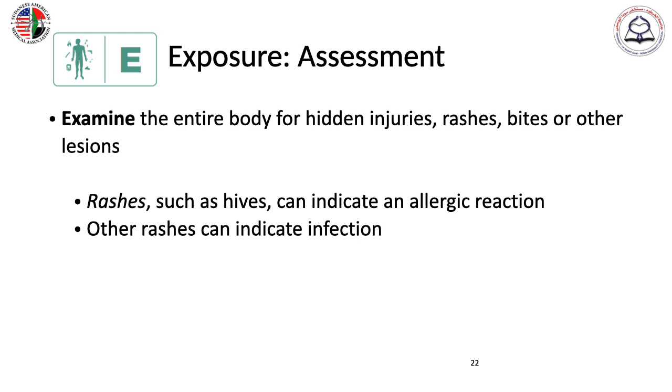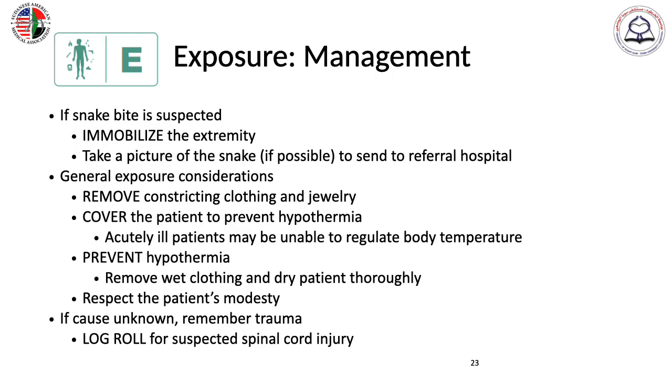Step 5, after you assess and manage airway, breathing, circulation, and you look for disability, then you have to expose the patient. Examine the entire body for hidden injury, rashes, bites, or other lesion. You can see a rash for allergic reaction, especially if it is associated with lip and tongue swelling. It could be anaphylaxis, but patient could have just a hive and allergic rash. Some people with sepsis, like meningococcal sepsis, they can have disseminated rash in the body. And if you are